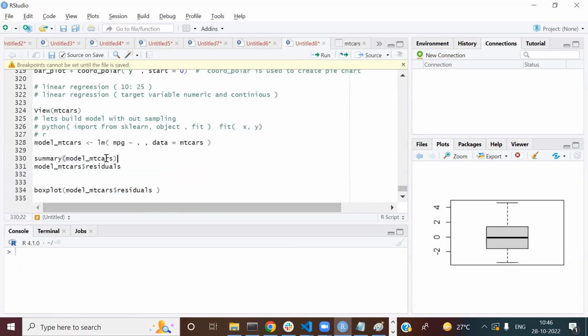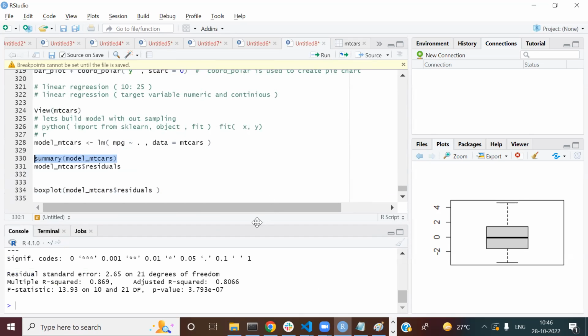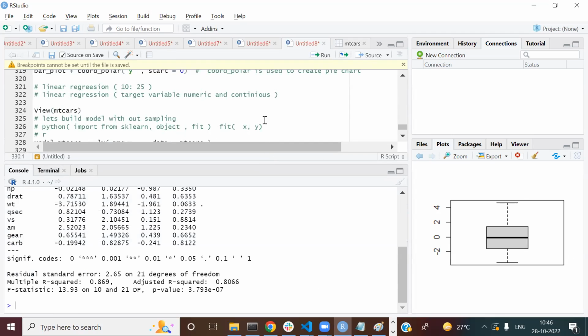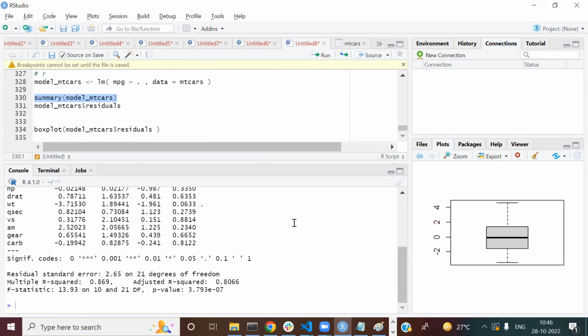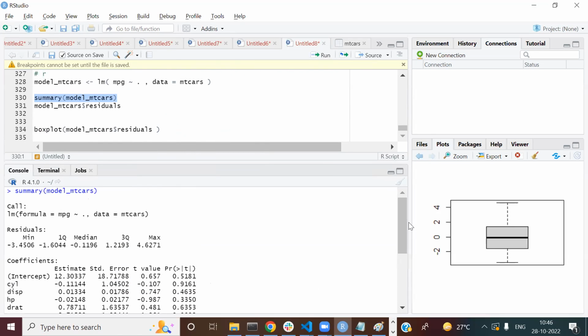Okay. Now let's come back to the summary and again have a look. Now this is one thing which I like in R. So sometimes when I'm building a linear regression in Python, after all data cleaning and everything, probably